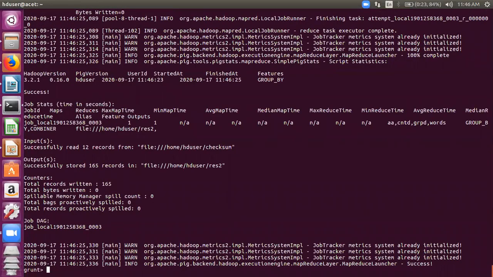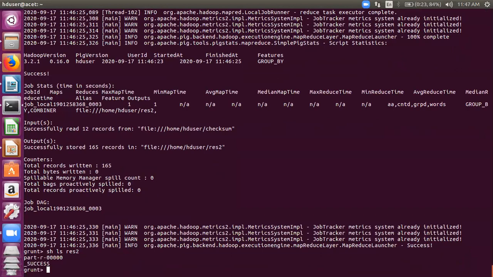So now if you execute, your word count will work. It has successfully stored 165 records in this directory res2. It has read 12 records, there were 12 lines in your files. All right. So if I want to see the contents of the res2 directory, I told you what it would be: shell ls res2. It will have two files as we discussed in the earlier part of today's lecture, one a success file and one a part file, can you see,